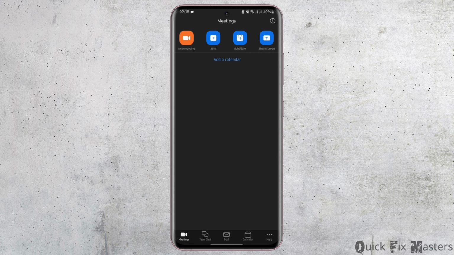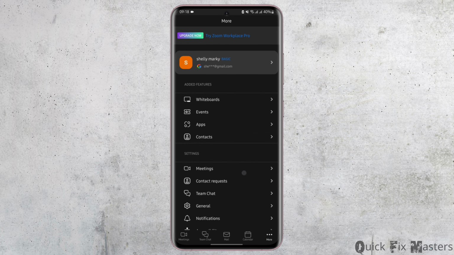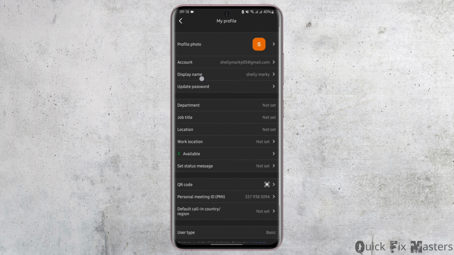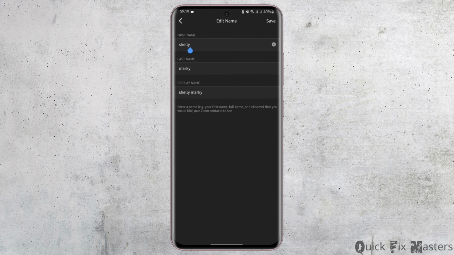Tap on More on your bottom right. Then you'll see a page like this. Here you will also see your email address. Tap open it. Then tap on Display Name. Just like so, enter your name